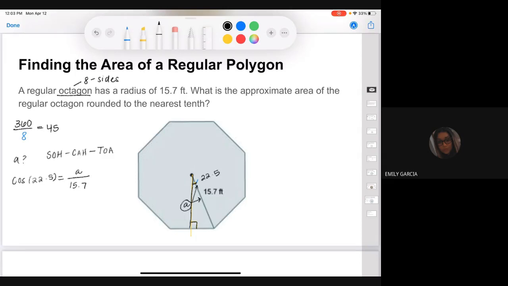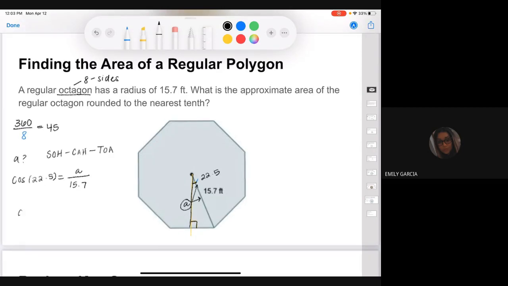So I put it into this equation. This will tell me that my A is equal to, and I can plug that into my calculator. And A is equal to 14.5049. Okay, so basically, because I do not have information about two sides, what I need to use is one